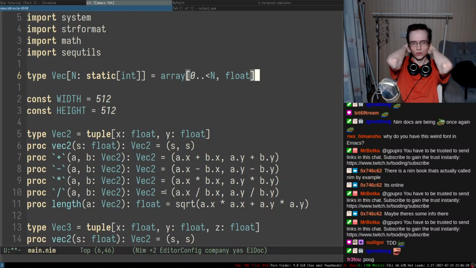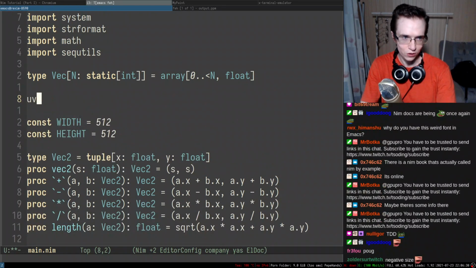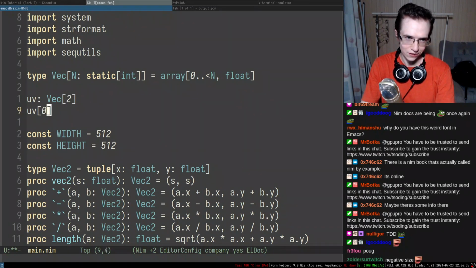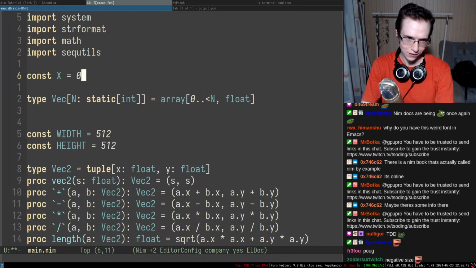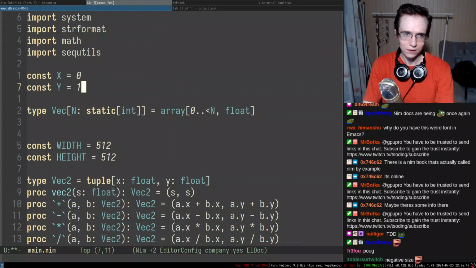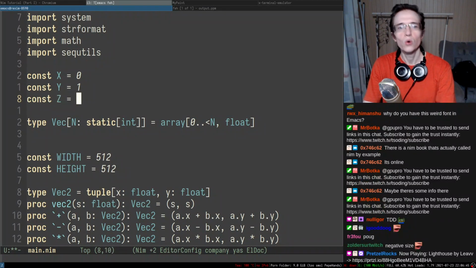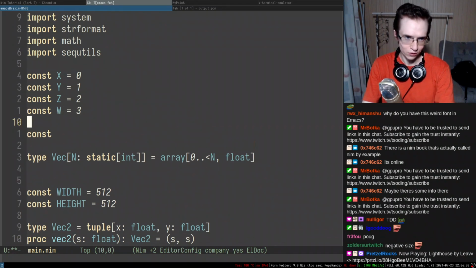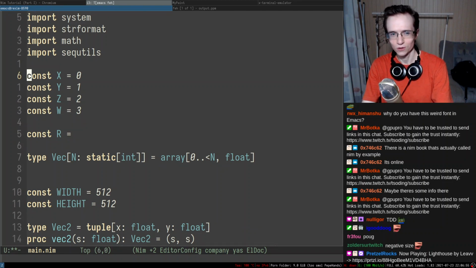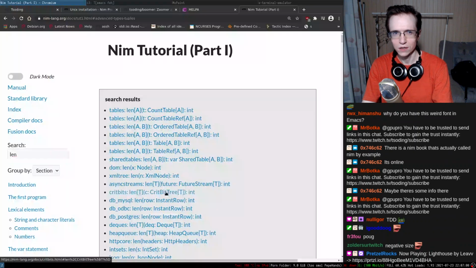the problem with the array approach, right, is that there's no particularly convenient way to access x and y, right? So if you have a vector like uv, vec, let's say 2, you'll have to access this thing as 0 and 1. So maybe we could define some sort of constants x0, y1 to access this entire stuff. Oh, this is actually an even cooler idea, I think, because we can similarly define also r, g, and b. And I wonder if I can define several constants at once. I think there was a way to do that.